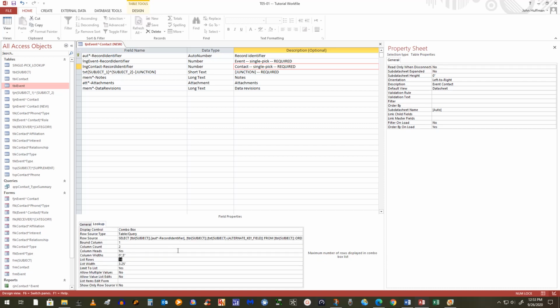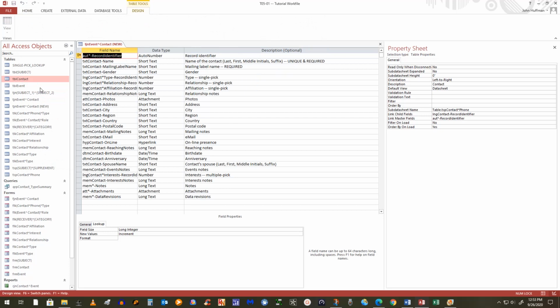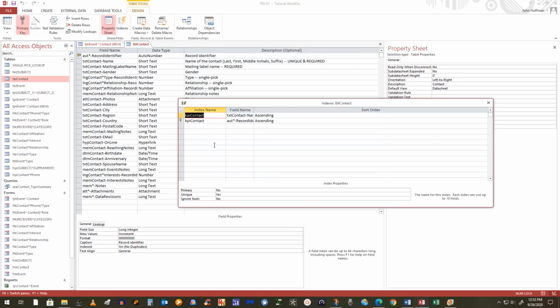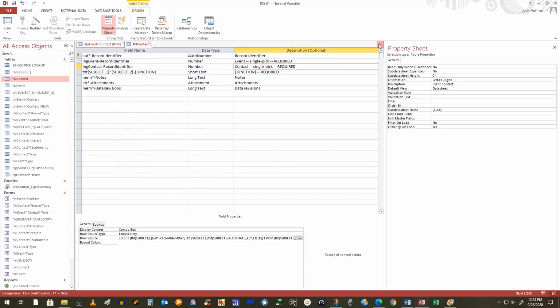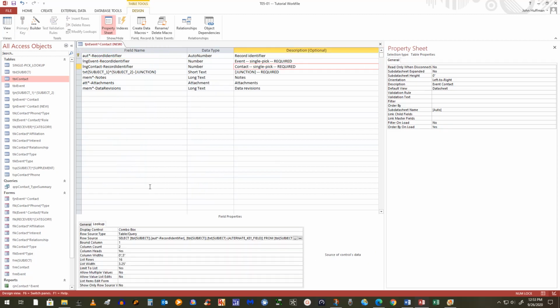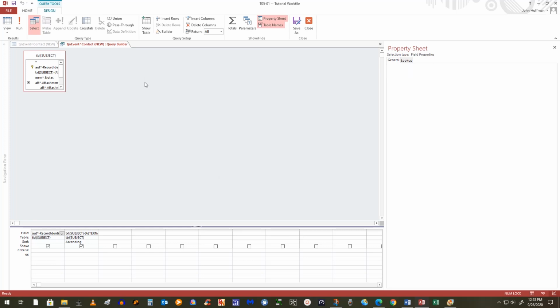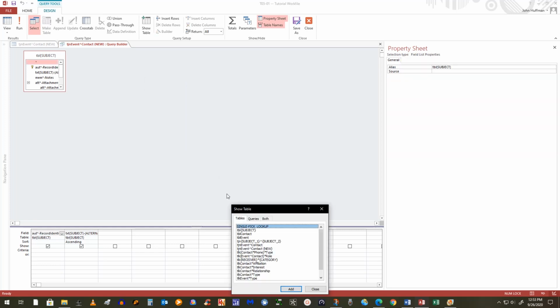Anyway, let's go to the lookup now and do the same thing on that one. On this one, going back to contact and opening it up, you'll see that in contact, I go up to indexes, and it's just a single field alternate key. This is exactly how we did contact over in the supplemental table when we did the contacts phones. It's exactly the same procedure. I just come in here, I add contact table,